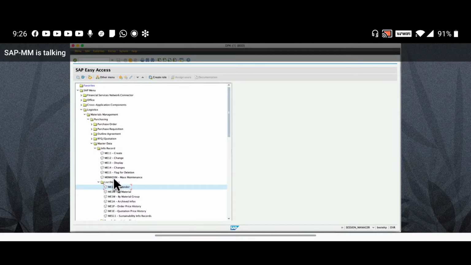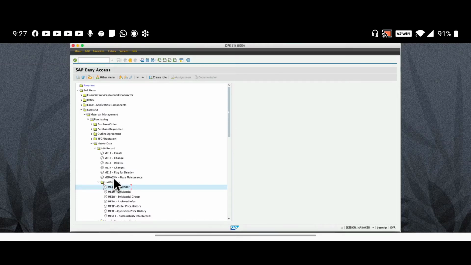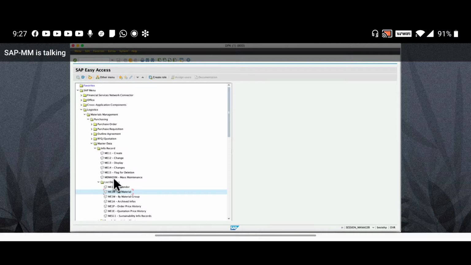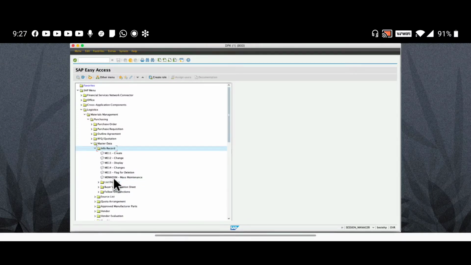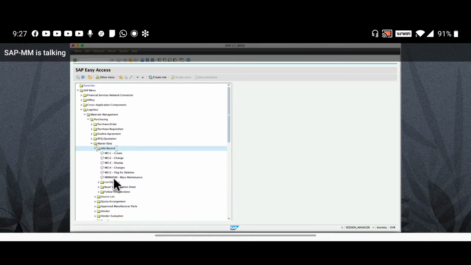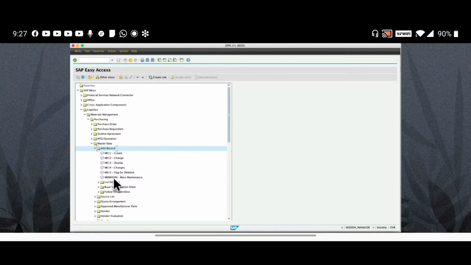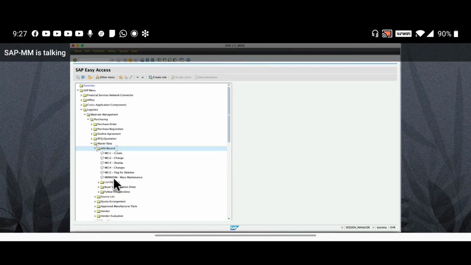List of info records by material. Next, ME1W. List of info records by material group. So you can take out the list of info records by using material group also.